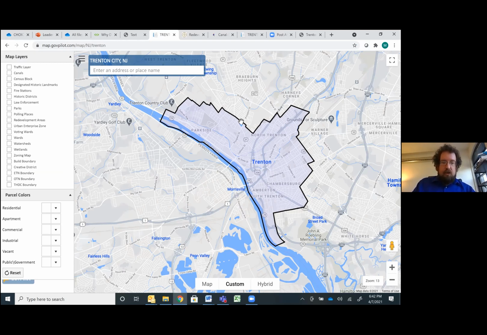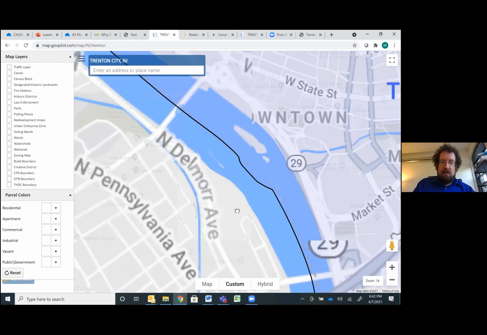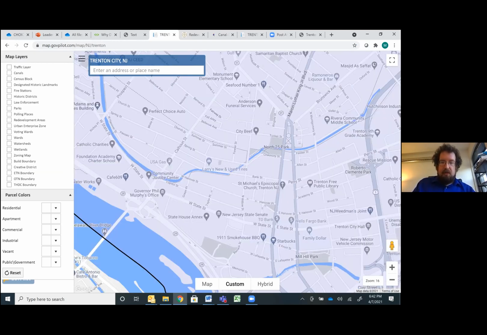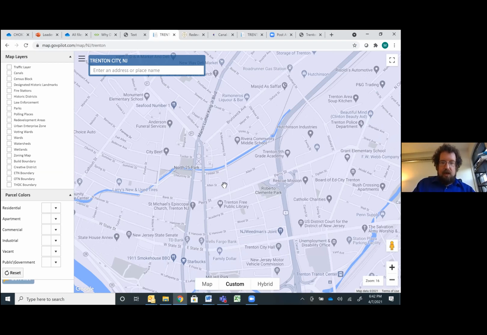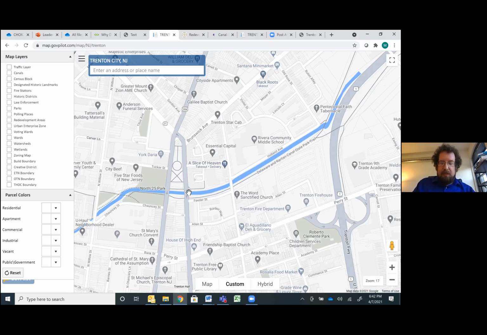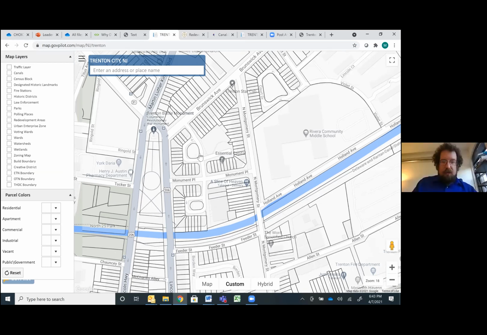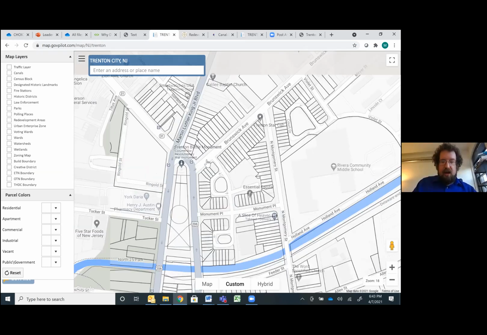And you can see what the zoning is for an area. You can put in an address over here, or in my case, I know where this property is, so I'm just going to zoom in on it. So here's the Battle Monument. I'm going to zoom in a little bit more so I can see what's going on in this area. Maybe one more time. Are you guys all seeing my screen? Yes. Okay, wonderful. So we can see we're really talking about these 4 parcels over here.